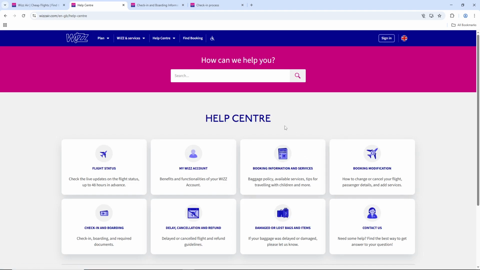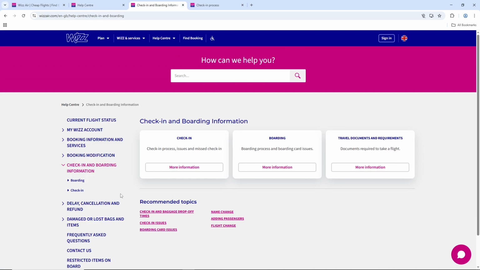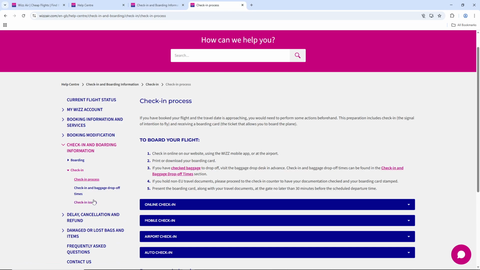In the Help Center, look for the section labeled Check-in and Boarding and click on it. This will take you to a dedicated area with all the information related to getting ready for your flight. On the left side of the page, under the Check-in and Boarding Information menu, click on Check-in and then select Check-in Process. This page provides a comprehensive overview of how to board your flight and outlines the different check-in methods